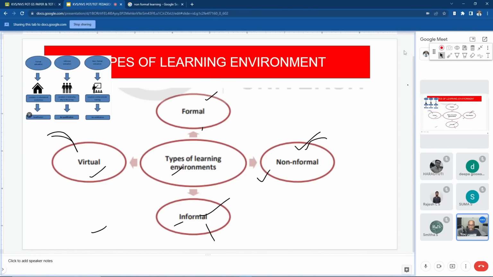So we have to create learning environment, and there are four different types of learning environment we can create for the students to learn things, and that is formal environment, informal environment, non-formal environment and virtual environment. So with this we have completed the second subtopic under understanding teaching learning process. The second subtopic is factors affecting learning and their implications for